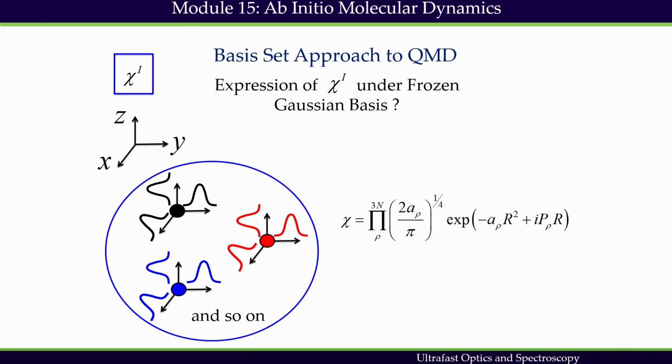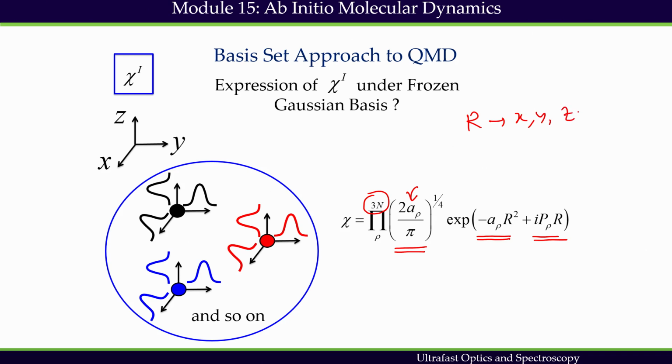That's why we are taking a product, a product of 3N one-dimensional Gaussians. Each Gaussian is represented by its A, which is a normalization constant, and its exponential part having this a r square. This part is the Gaussian part and this part is the propagating wave part, which is similar to the expression we have seen. Here we have changed the variable from x to r